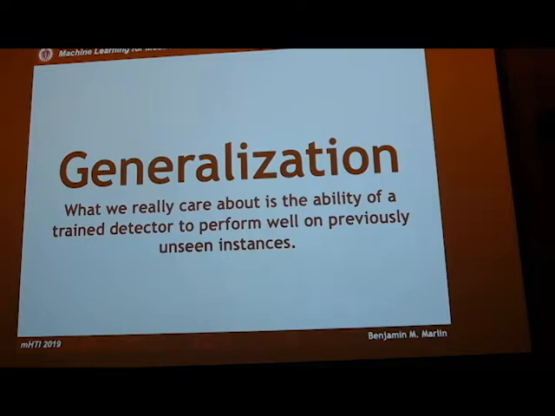We already have the labels. We don't need a function to tell us what the right answer is. We already have the right answers, right? What we really care about is the ability of a trained detector to perform well on previously unseen instances. Okay? And so when we're looking at constructing these models, the typical machine learning black box